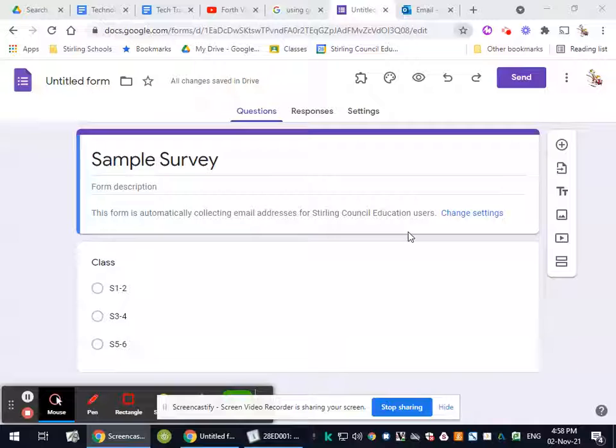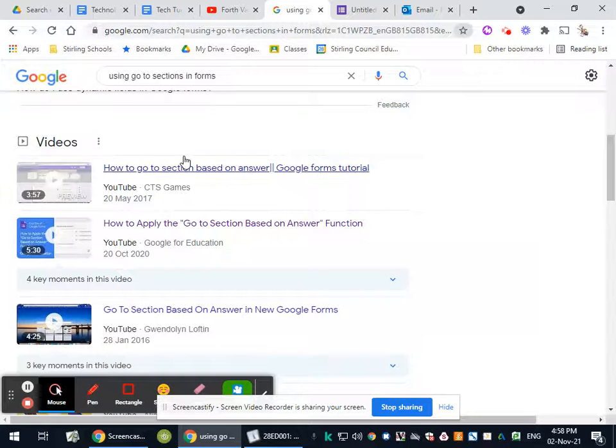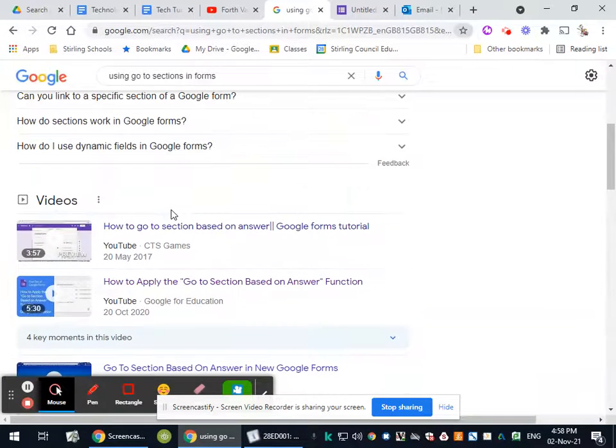You might find this quite useful in a lot of different scenarios, and I'm not going to go into a lot of detail today in the different ways you can use this, but if you were to search using Go To Sections in Forms, you'll find loads of great videos on YouTube from other teachers who've used it for all sorts of clever purposes, like creating story adventure games, or creating self-checking assessments where pupils will complete a question, and then if they get the answer incorrect, it will take them to another section with some remedial information and then let them attempt it again before it allows them to move on. So you can do all sorts of really clever stuff, as well as just making it easier for you to